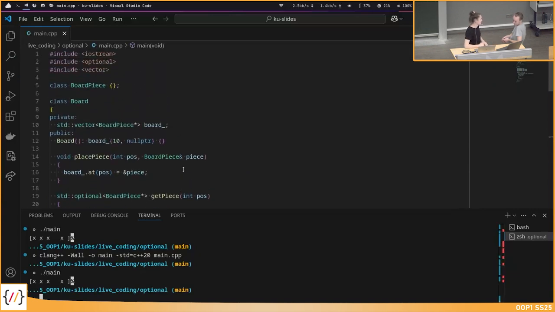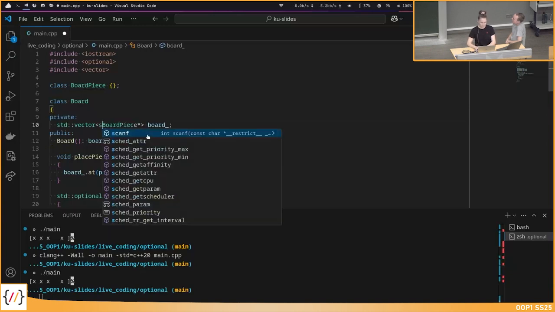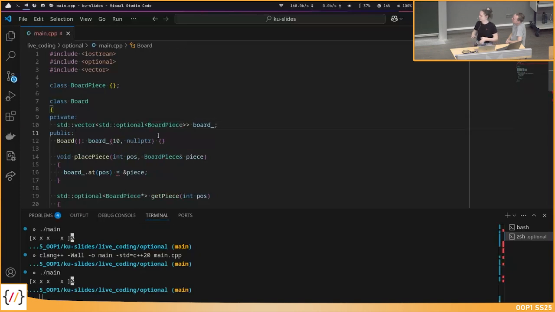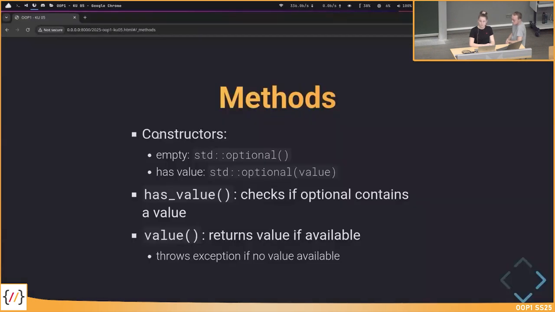I think I won't do the extension now with optional in a vector, but maybe as a homework. We're using this null pointer here to represent that the piece does not exist. But of course, we could here just have a vector of optional board pieces, and then we do not need any pointers. So this would be, I think, the nicest solution. It's not that difficult. You could try this at home. Maybe I'll also put this version then on the slides. Maybe this is also quite comfortable in your assignment too, if you have maybe a board, maybe something else, and then there are either a value or not, then maybe you can consider using that.